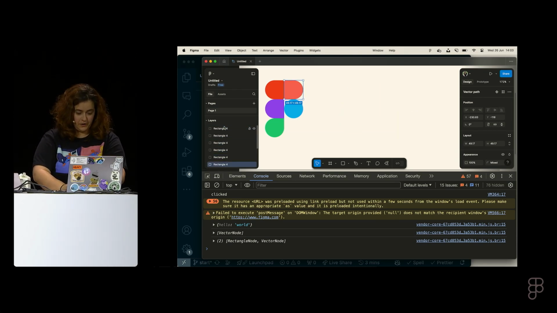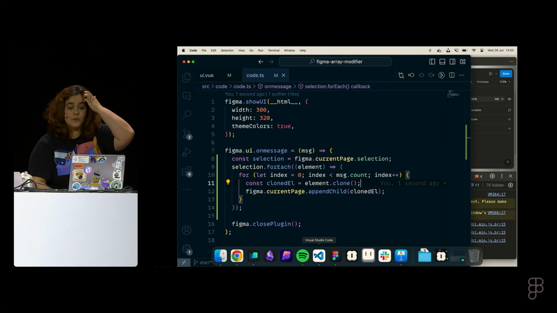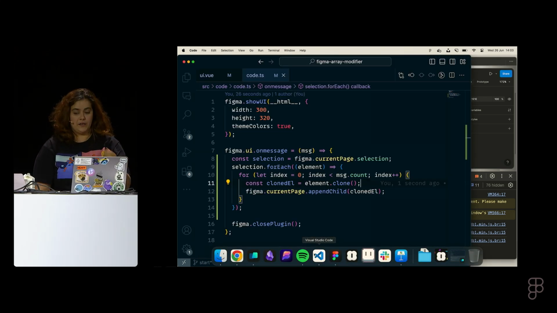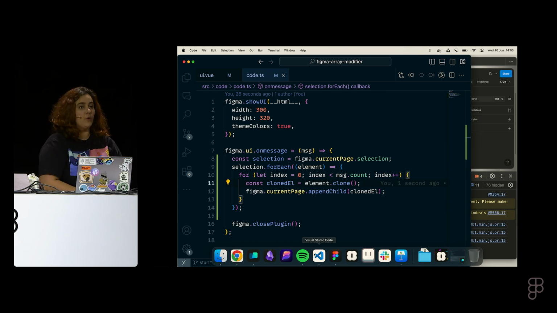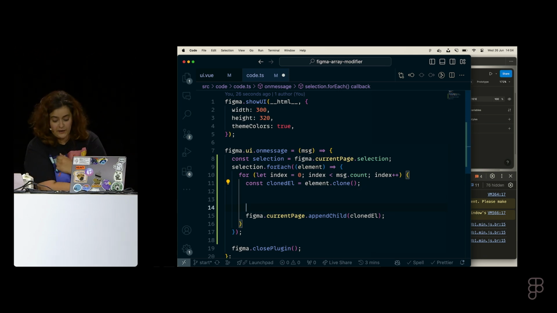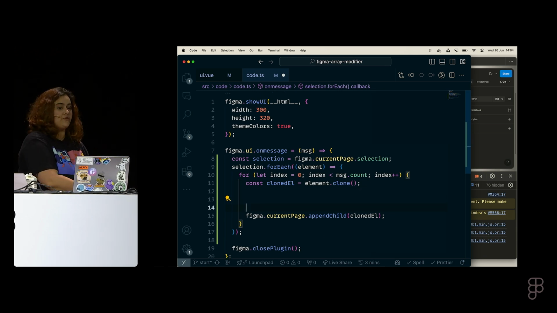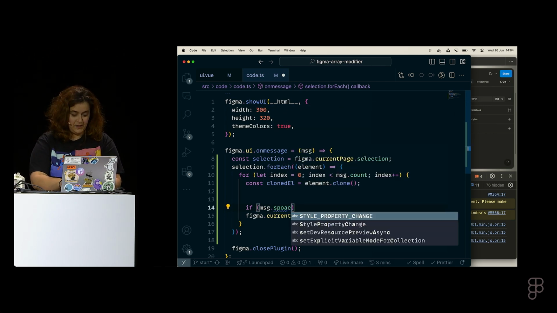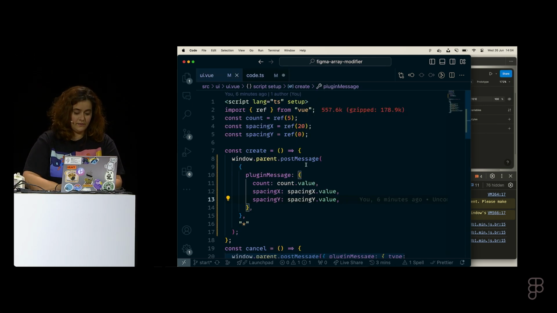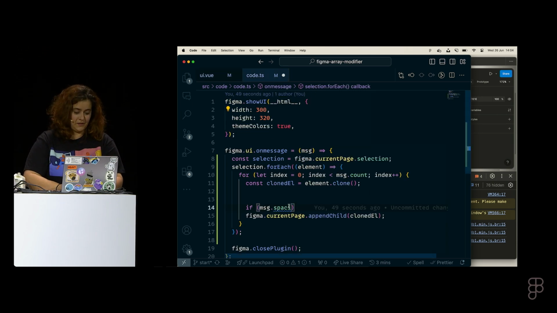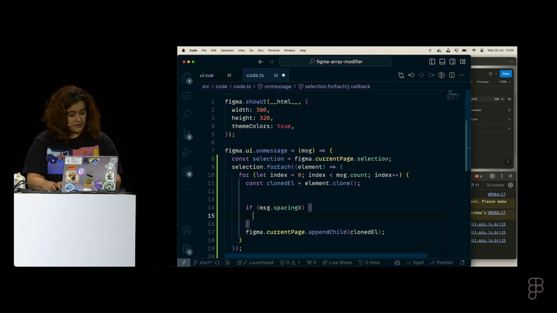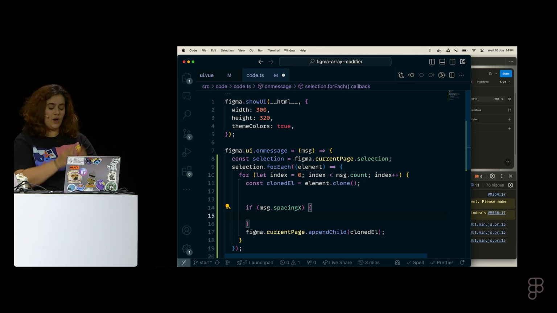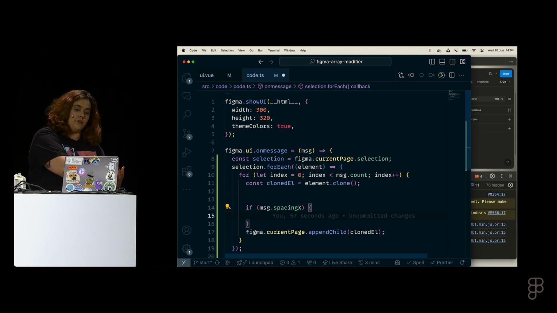And now I have to delete them, so give me a second. There we go. Okay, so that's cool. We've copied it, but they all are in the same place, which is not what we want. So we pass it a spacing X and we pass it a spacing Y. So let's actually use the spacings that we pass it. So the first thing we want to do is check if the user has passed the spacing. So if the message has a spacing X, so if it has this, what we want to do is move it. So we want to append to its X value.